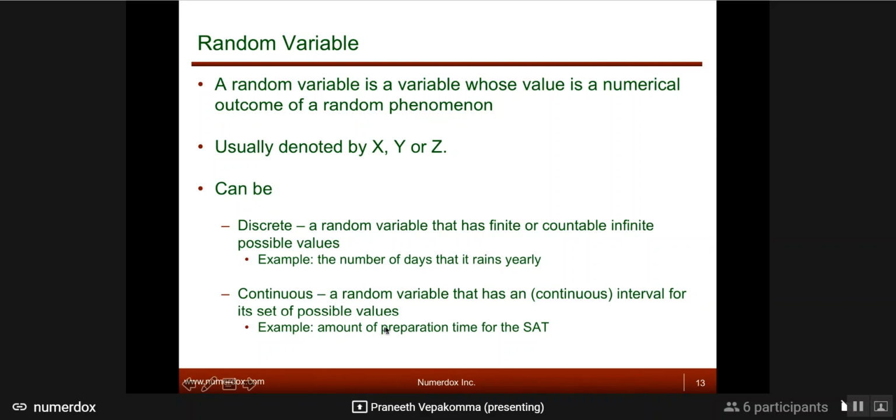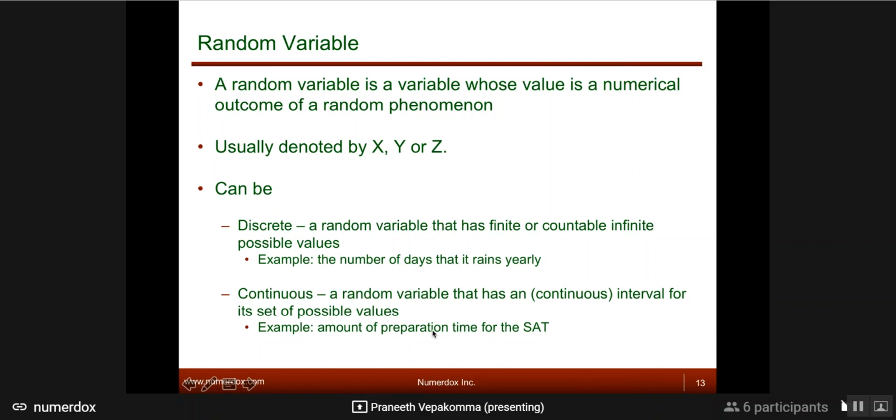So this is a continuous phenomenon. So this is what you're measuring, but you want to know the probability based on that. So if the student has studied for just 1 hour in his entire life cycle of preparation for the exam, what is the probability that he will get a score of 1600 or 2000, whatever your number is, right? So I want to figure that out based on this time.